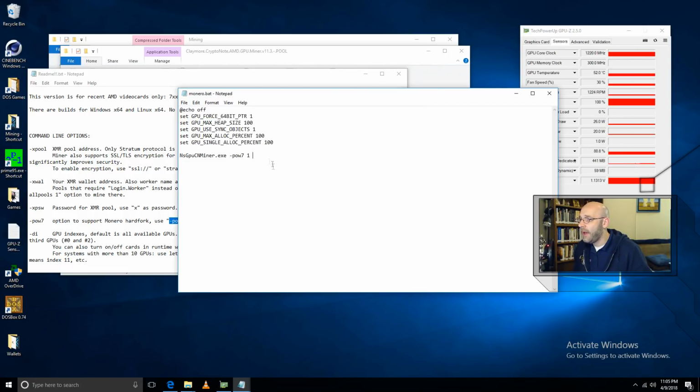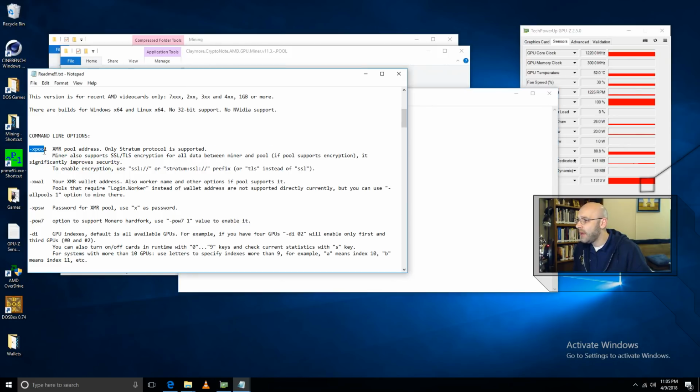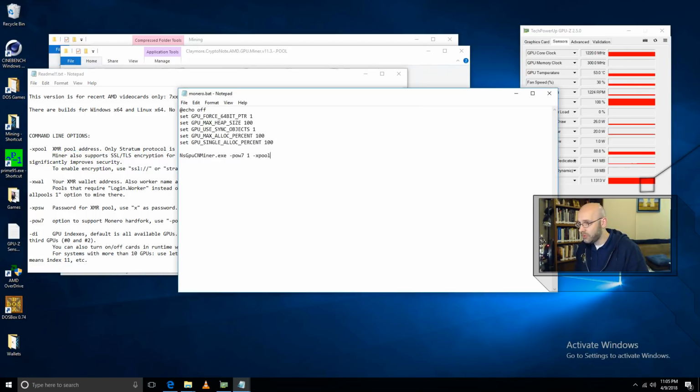Space, and then we're going to add our URL for the server. So we're going to use this command right here, which is -xpool. All right, so let's go ahead and type that in, -xpool space stratum+tcp:// and now we need our